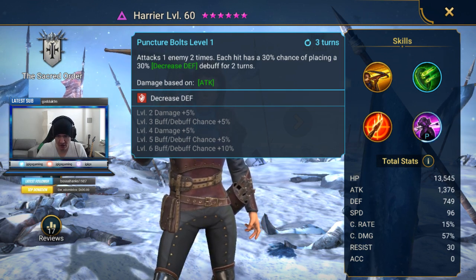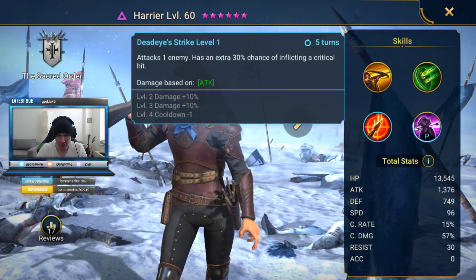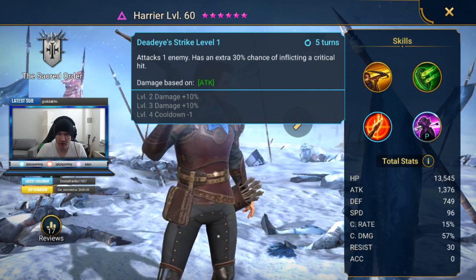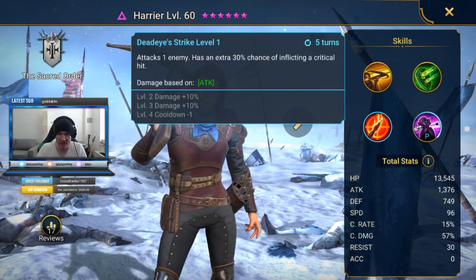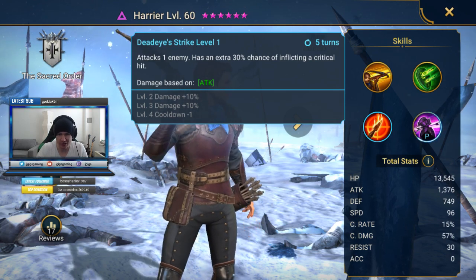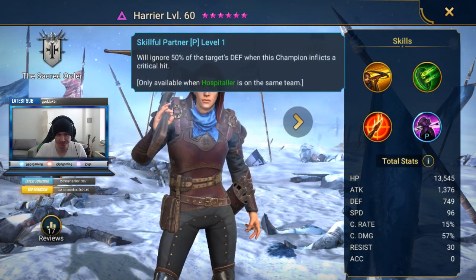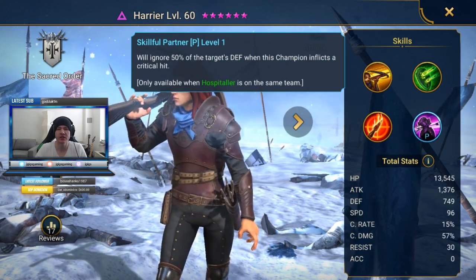So let's see what else he's got. Third skill, just a regular attack, has a 30% chance of inflicting a critical hit. So he's got 45% crit rate on this skill regardless. So that's nice. You can kind of relax a little bit on ruining him for crit rate, or artifacting him for crit rate. And then a passive will ignore 50% of the target's defense when this champion inflicts a